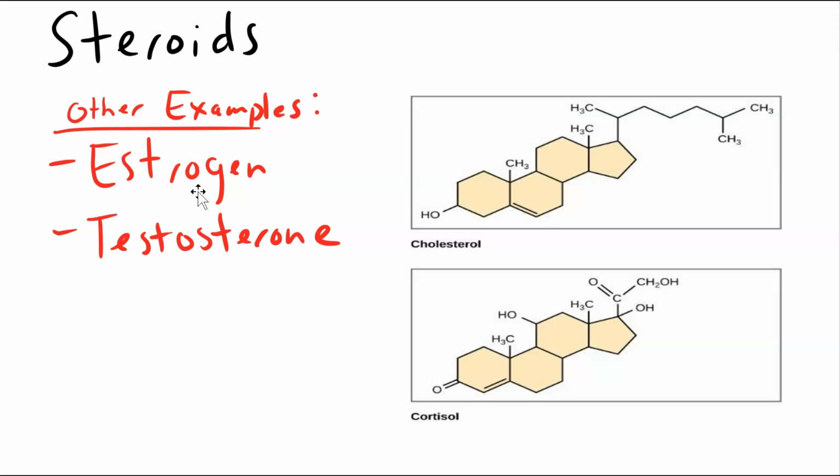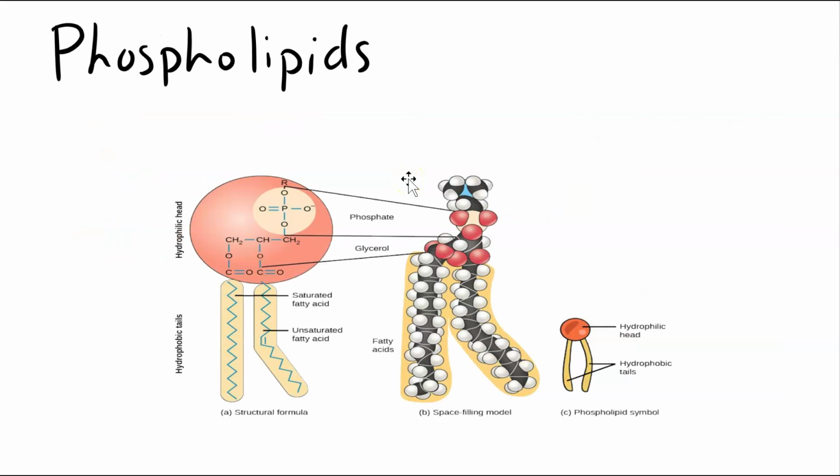Lipids can also be steroids. In this case, steroids have a very obvious structure. You usually see these 4 fused rings, and from there you can see various functional groups added. But essentially, you'll see a 4 fused ring structure for steroids, like cholesterol, like cortisol. And many important hormones are also derived from these steroids. Estrogen and testosterone are examples of hormone steroids derived from cholesterol. But for us, the most important